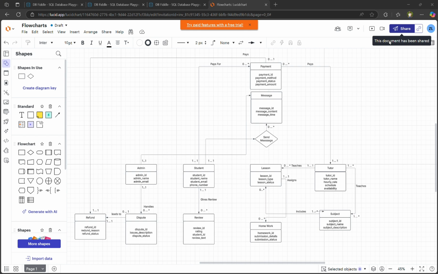And then in each entity, we also have relationships. For example, for the student, the student pays for lesson, the student gives reviews for lesson, the student participates in a lesson and can submit homework, the student sends a message, and the student can be involved in disputes. So for each entity, we have these types of relationships, and for these relationships, we also have cardinalities, also known